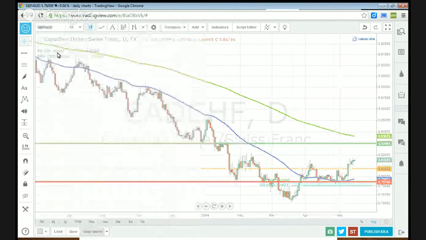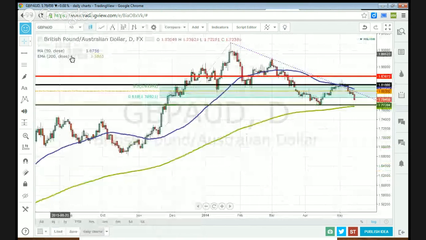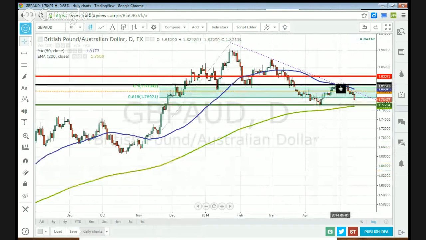Pound Aussie. Okay, this is also a trade that has been de-risked. I'm going short here. We talked about the logic here. We're in a clear downtrend. Really nice reversal candlestick here at the 50 simple moving average at a 61.8 Fibonacci retracement level from